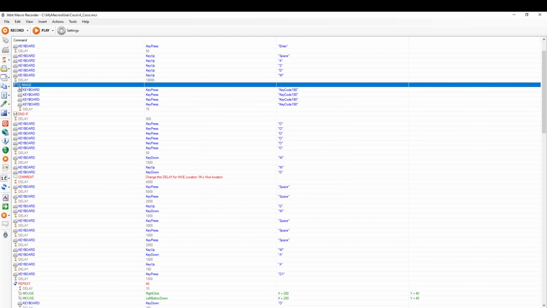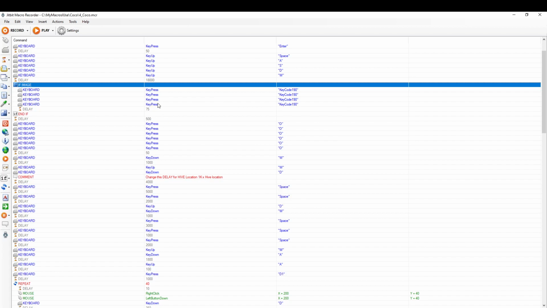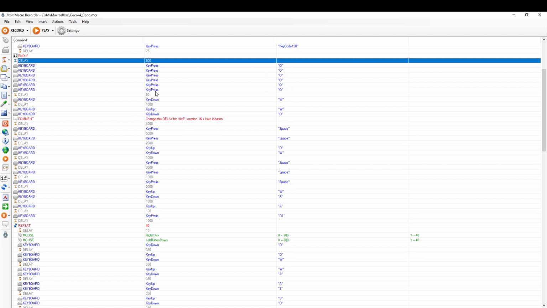Okay, what does this do? If this is true, it rotates you, because when you start Bee Swarm Simulator, you're looking in one direction or the other direction. And if you're looking in the wrong direction, this reads it and puts you in the right direction. Okay, it goes down, it zooms out, right? And then you see it start